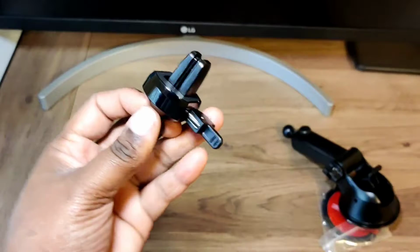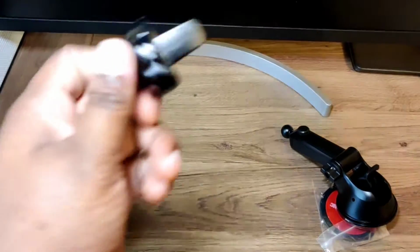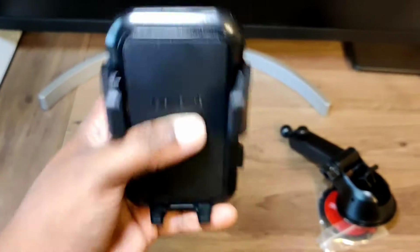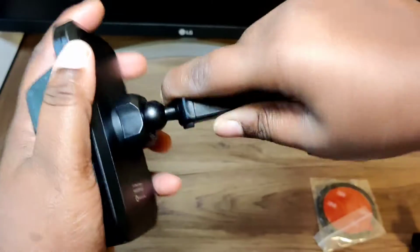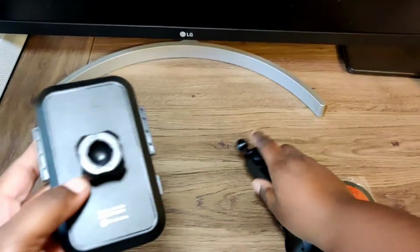This is if you want to mount this and this to your air conditioner vents. You can mount it to your air conditioner vents this way, and this connector is if you want to just mount it to your dashboard. So